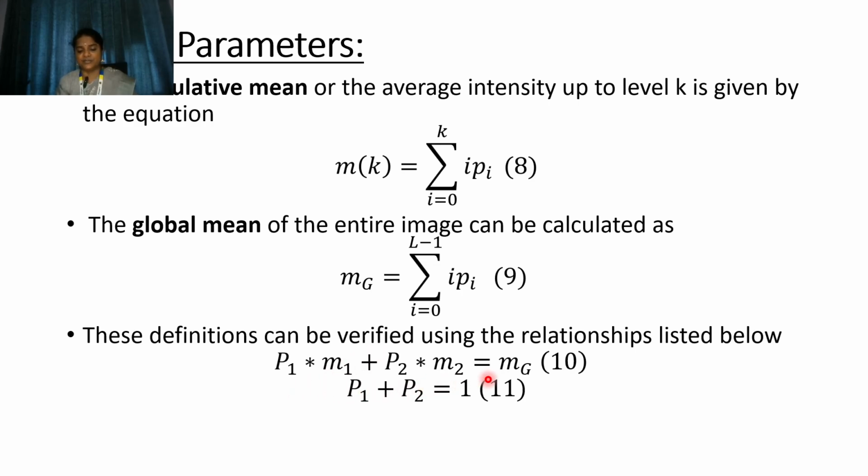We have some relationships relating the local parameters with the global parameters. So it's going to be P1 into M1 plus P2 into M2 is going to be equal to Mg. So what is P1? Probability of class 1. What is M1? Mean of class 1. P2, probability of class 2. M2, mean of class 2. And Mg is the global mean. Okay. Since P1 and P2 are normalized, it's obvious that P1 plus P2 is equal to